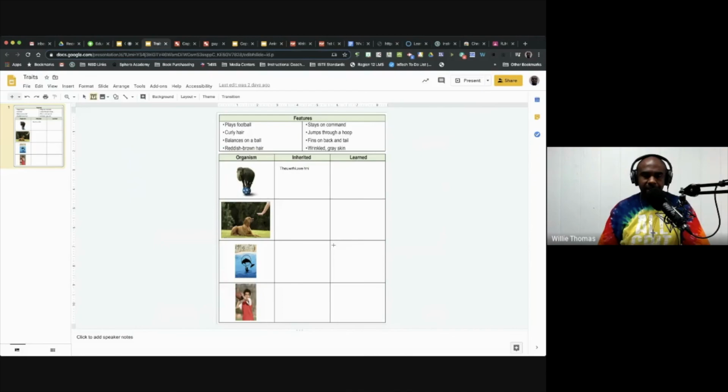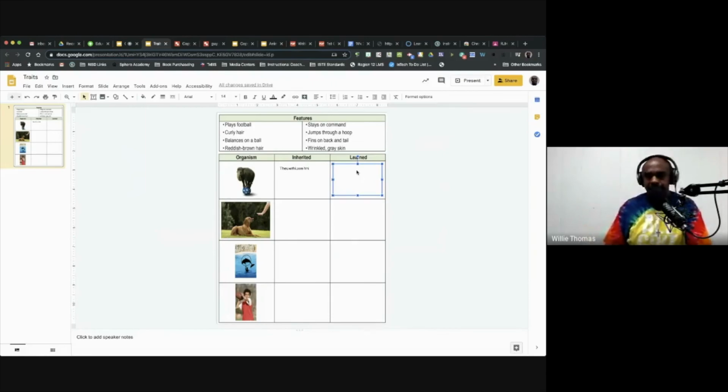So down here, where I do want them to type in, I clicked on my text box function up here at the very top, and then I inserted this text box here, and then I went ahead and inserted another text box here. And so what this allows me to do is, now when I share this out to students, and they get their own copy, either through Google Classroom, Schoology, if you do the share and